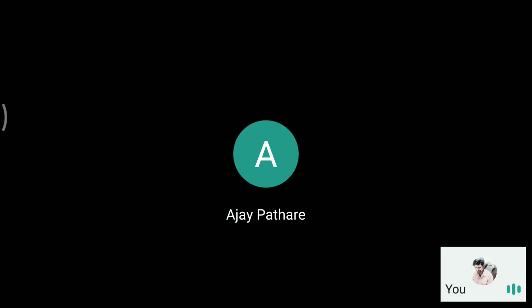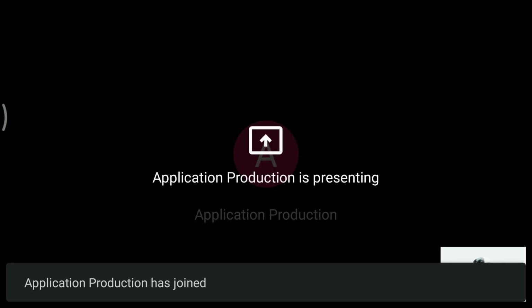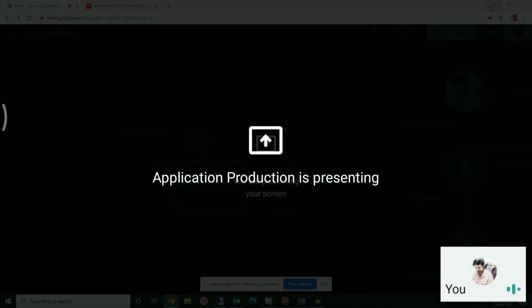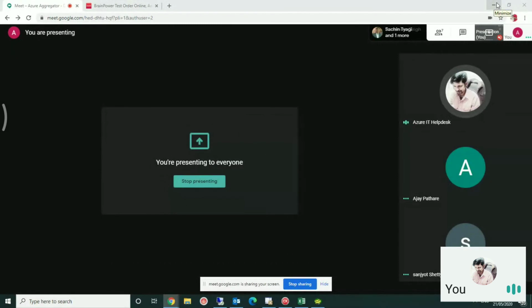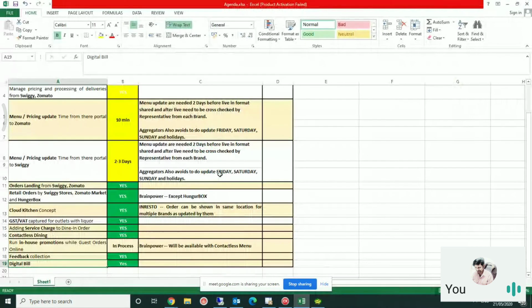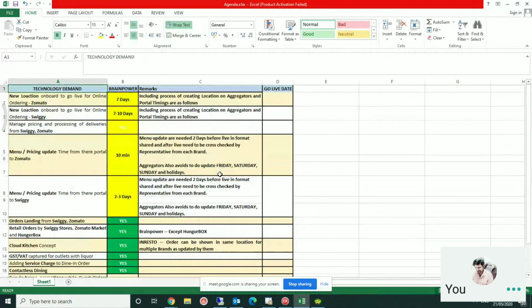With Rakesh, the in-process item you exactly have to showcase now is table reservation, or pre-booking of tables. We need a web link that we can promote on our Facebook, Twitter, WhatsApp handles or whatever it is, so that people can go to that link. The same web link you can use for desktop ordering as well as mobile ordering. So these two points are also open, which you need to show me.